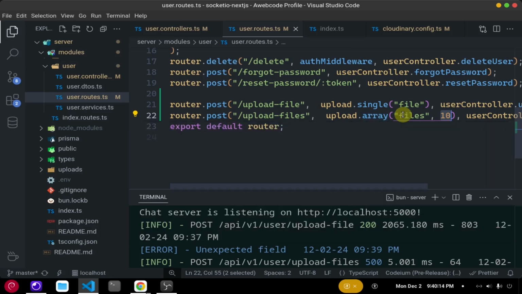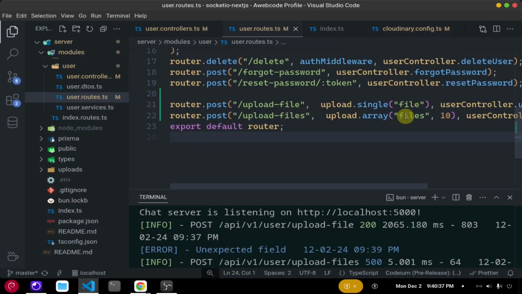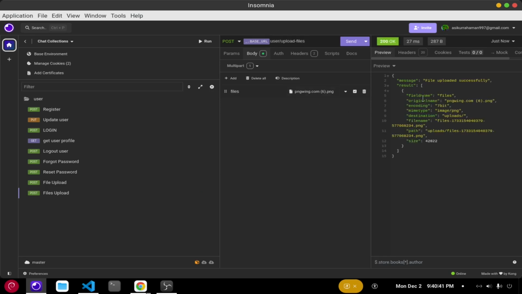But make sure that this field name matches, and from your client anywhere you can use this route, like your server is running and you can use it anywhere. And make sure that you have given this exact field name to accept your files. Now it should work. Okay, we're getting the result from